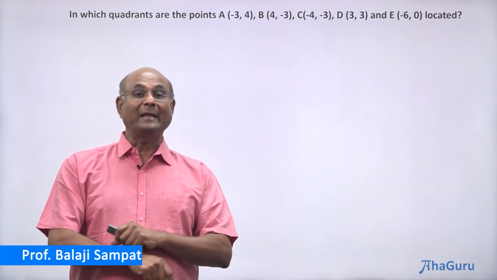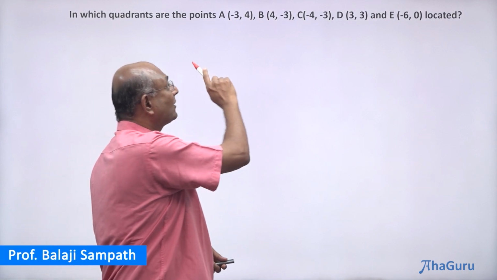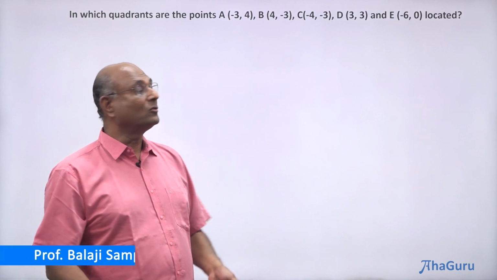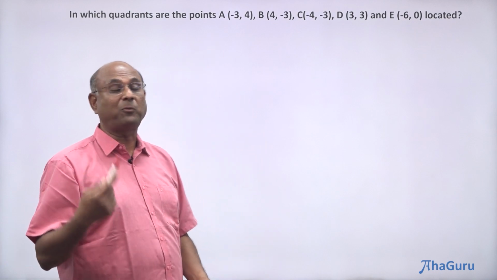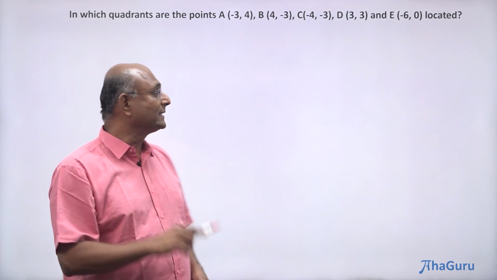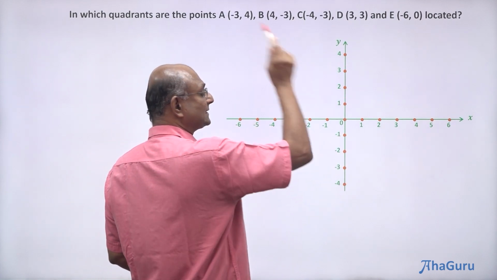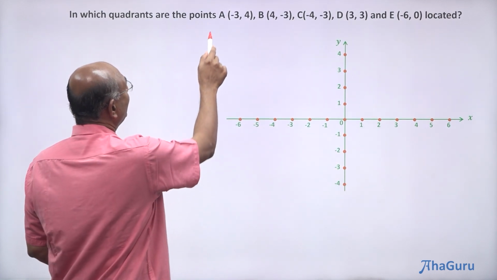In this question, we have been given 5 points. All their coordinates are given and we want to know in which quadrants these points lie. To do this, first let us get our axis system, x-axis, y-axis, and let us look at the first